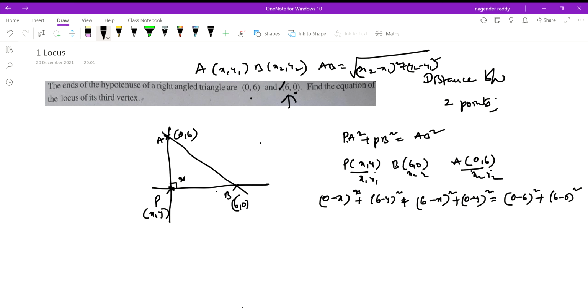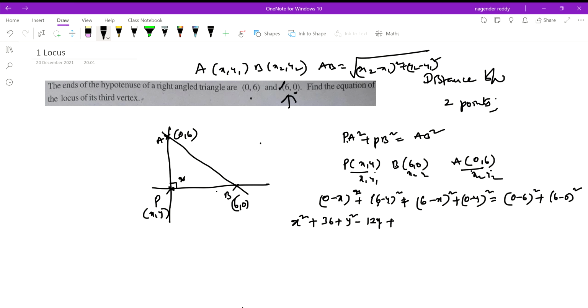While you are doing the simplification, please concentrate, because we have some shortcuts also. 0 minus x is minus x, so whole square is x square. Then (a minus b) whole square is a simple trick. Just remember, suppose this is the first term and second term: write the first term square, that is 36, then directly the second term square, and since it is a minus b whole square, go for minus 2 into 6, that is 12y, plus.